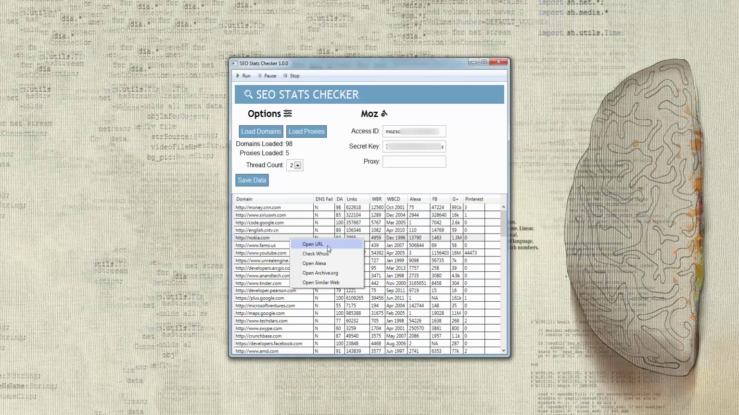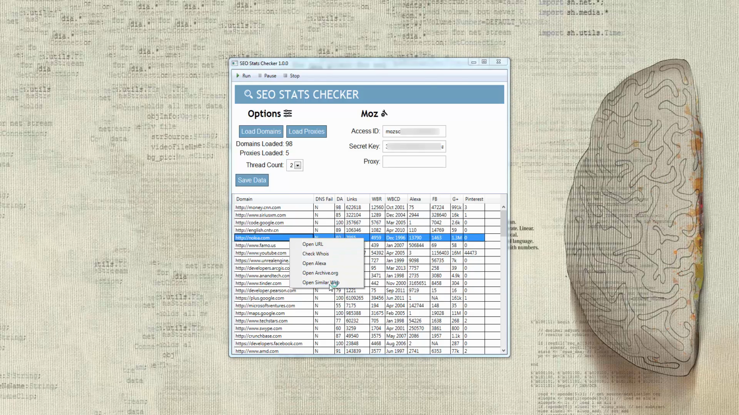If maybe you're looking for backlinks or other things like that, you can check the Whois to see information if you want to possibly register the domain, or if you're just curious to see more information about that specific domain. You can open up Alexa, because I find that Alexa also gives you some good information. You can open up Archive, which is the Wayback Machine basically, and then I think most of you guys know what this stuff is, but I'll just open up SimilarWeb here, because SimilarWeb is a